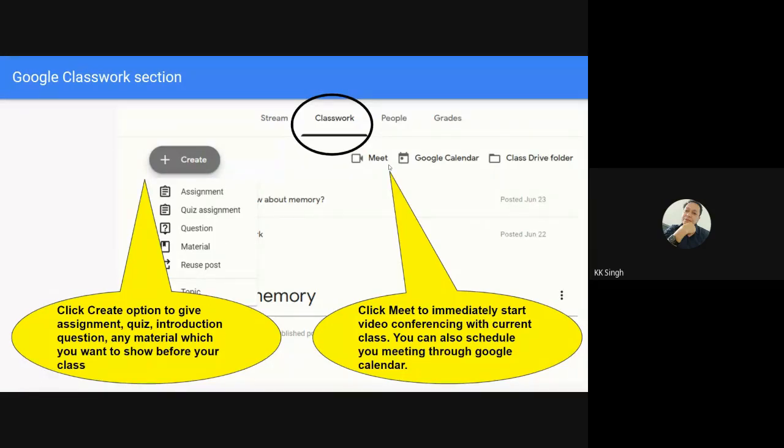Classroom is available for those who do not have G Suite, but those classrooms do not have a Meet link. So the organizations who have a G Suite account will be able to get Meet and Google Calendar both in classroom.